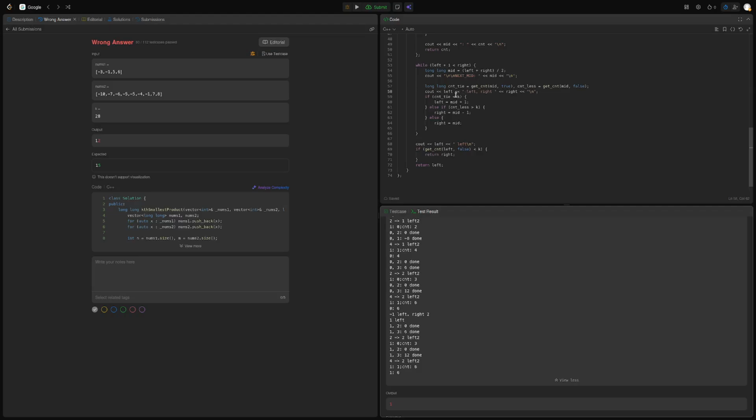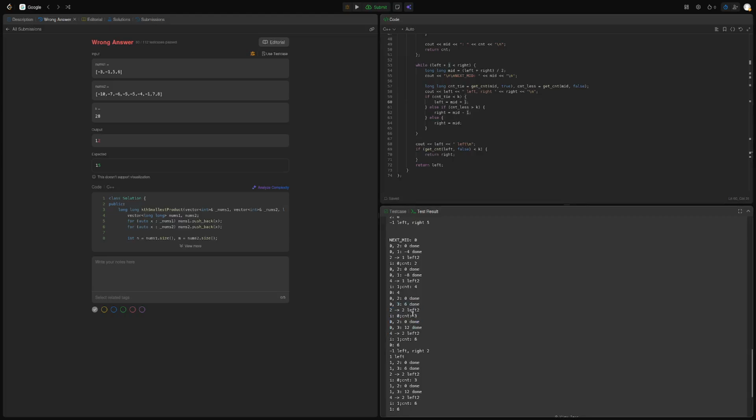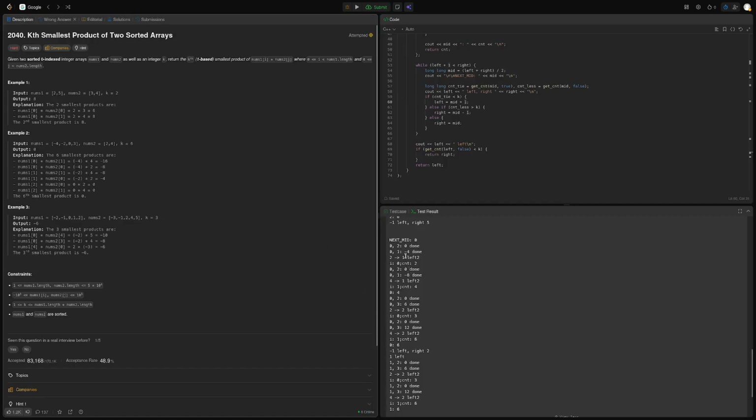0. So if cant tie is less than k, so the larger one is less, then mid should be, how is count, how is, I don't understand. So we are here, and then what we want? Numbers that are smaller than equal to this, smaller than equal to 0, which is select 2. So 2 numbers, so here,